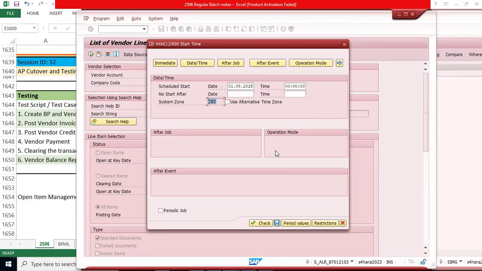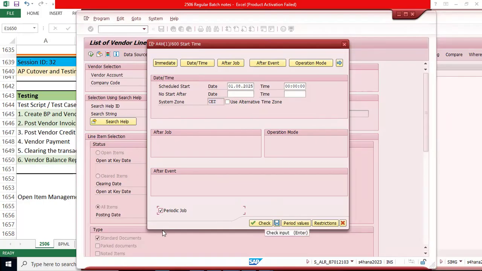If my server is located in India, this system will read the time accordingly. If my server is located in UK, this is going to read the time as per UK time zone. If it is in Africa, as per Africa. If it is in Singapore, as per Singapore. That is important. And if you wanted to run this every month, the same pattern, you are going to make